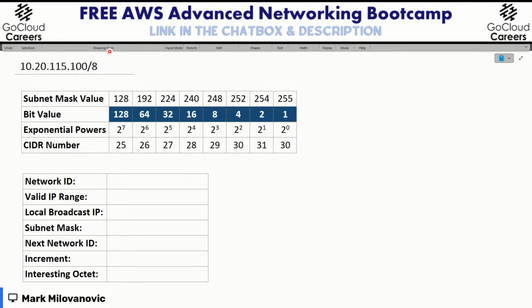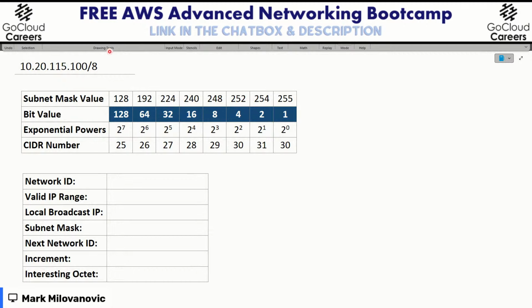Now, what you haven't seen before is this prefix length field here I've added, or the classless interdomain routing number, right? We call this CIDR. I don't generally refer to it as CIDR, I just call it prefix length, because once you get into routing, it makes a lot more sense, and it's easier to continually talk instead of saying CIDR or CIDR.